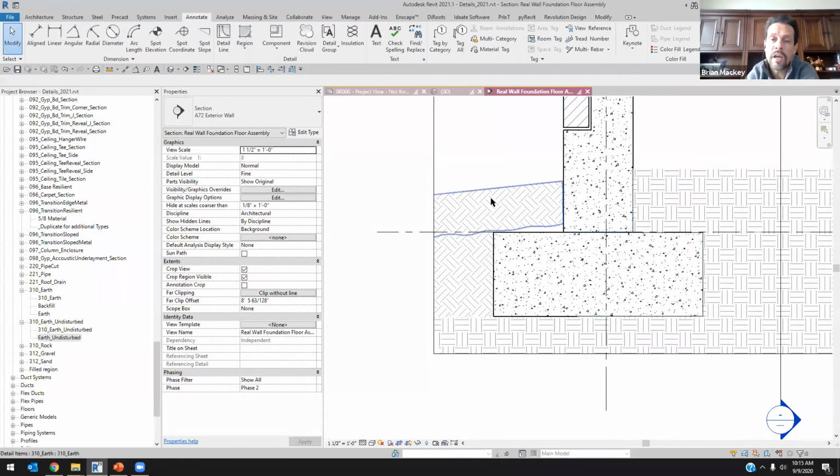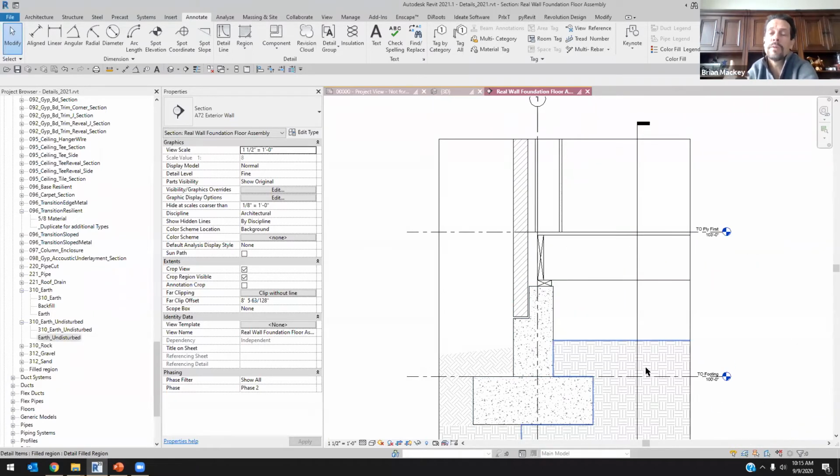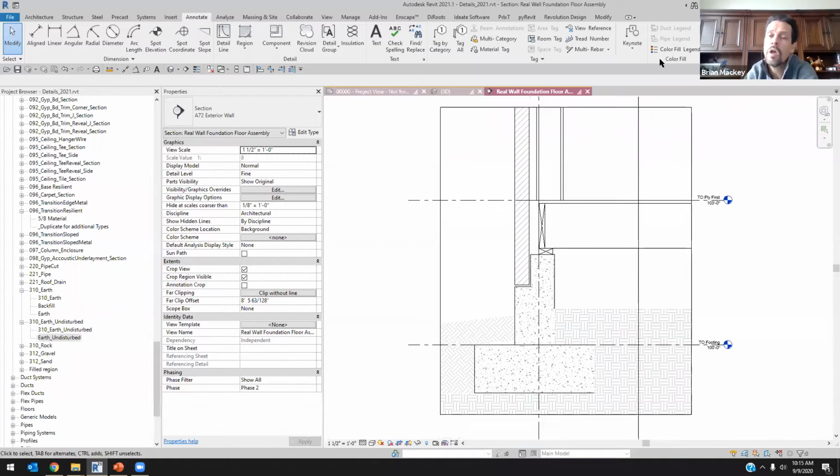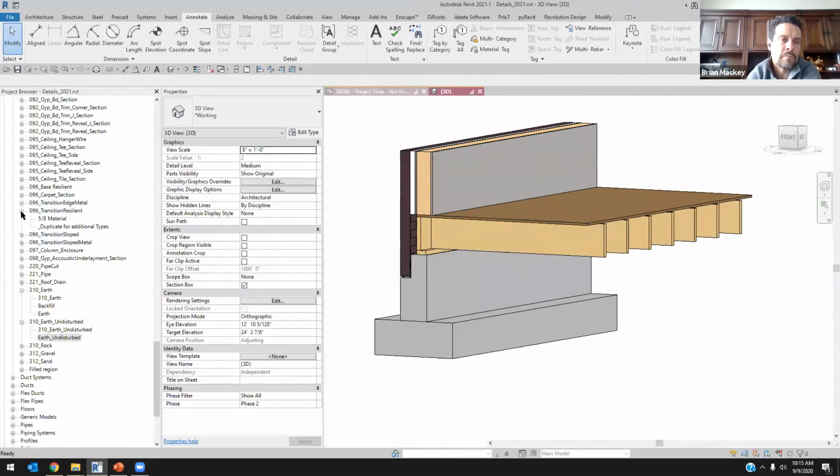You might have modeled the site, you might have modeled topography, but if you do need to clarify between disturbed and undisturbed soil, there's not really a way to do that, not easily, with the topography command in Revit. So as you can see, I'm not going to completely embellish this entire family or this entire view, but this is really what we're starting to look at as we go through there. But what is going to happen a lot of times, and I'm just going to jump ahead a little bit here,